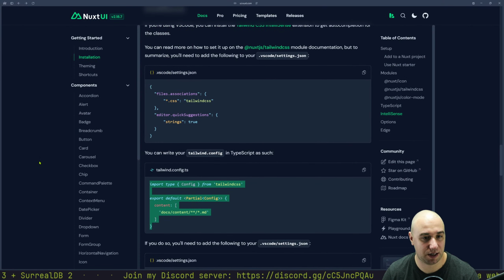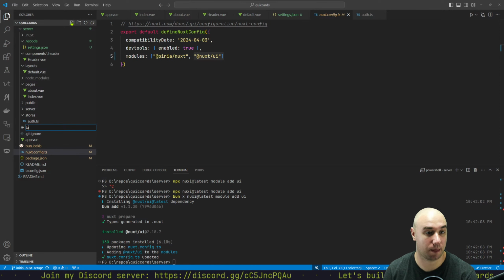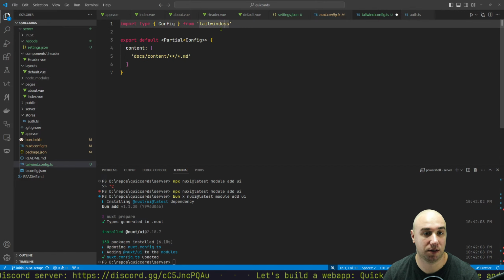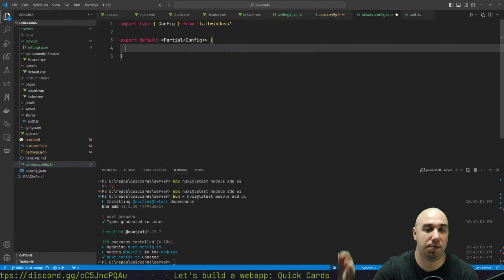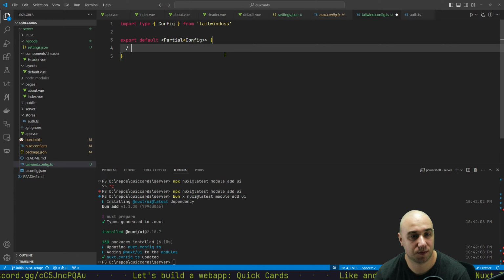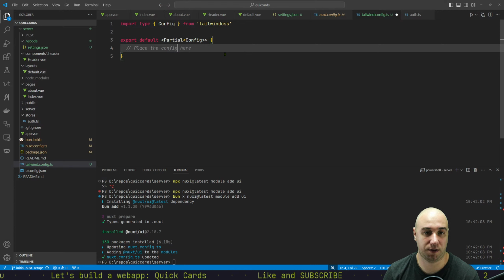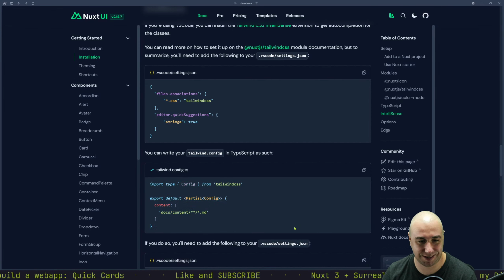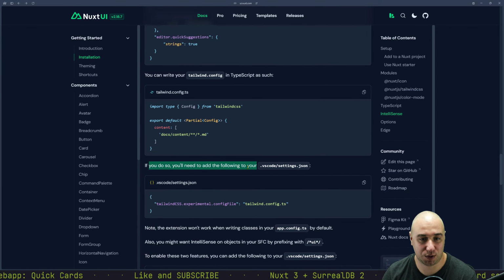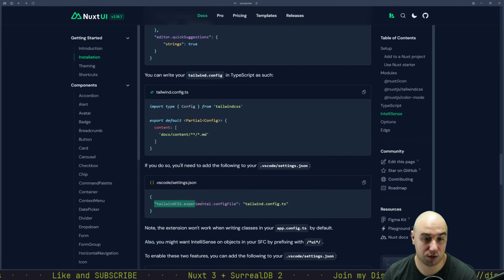tailwind.config.ts. Come on. Tailwind.config.ts. Okay, we just plop it here. Great, great, great. And empty. There we go. Place the configuration here, just for posterity. If you do so, you'll need to add the following to your VS Code settings.json. Tailwind experimental config file. Oh, if you do so, we need to